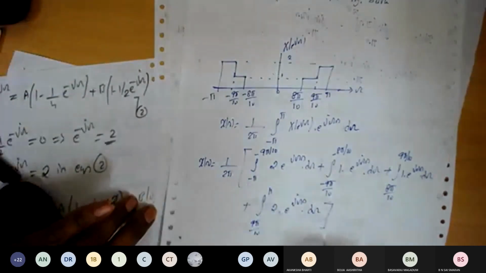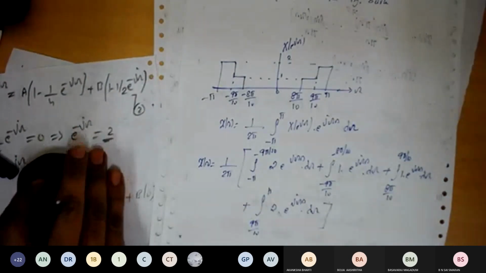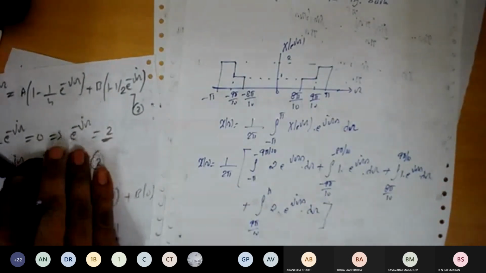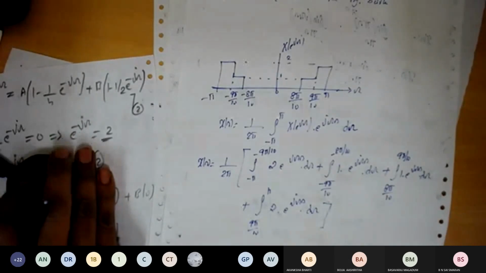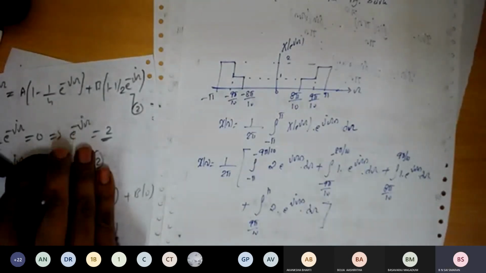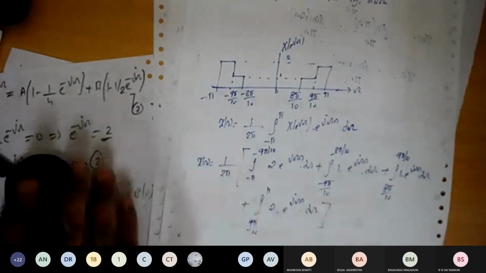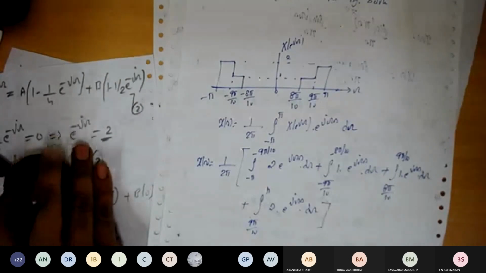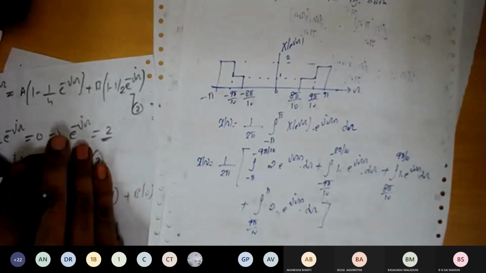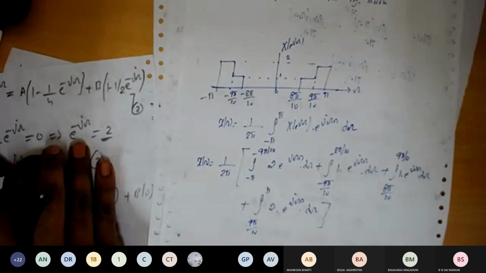Now let us integrate this one, evaluate the integral and find the answer. Do this as a homework. I have already done this kind of problem. Can you do this as a homework? Yes, sir. What should be the answer, sir? The answer should be in terms of the sine function. One is 2 plus this one 2, so we will get 2 sine functions. Accordingly you can integrate this one.